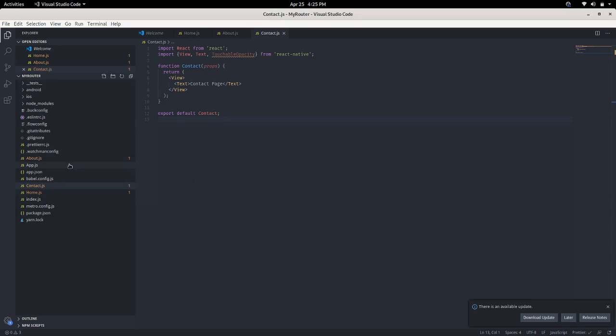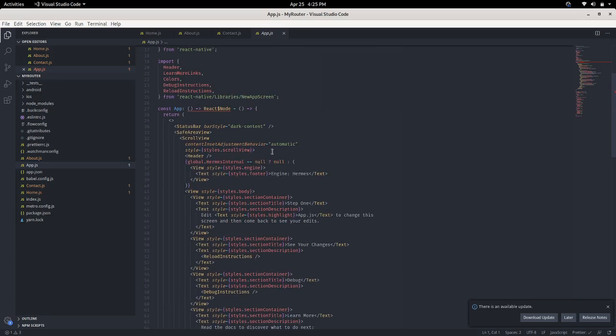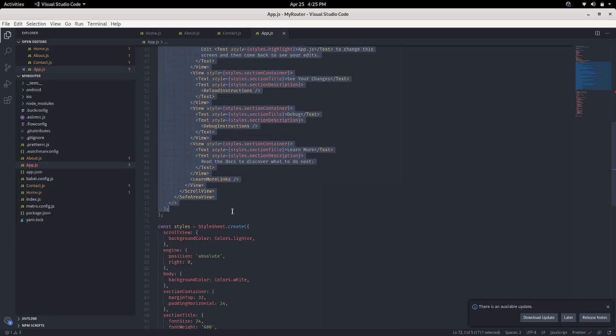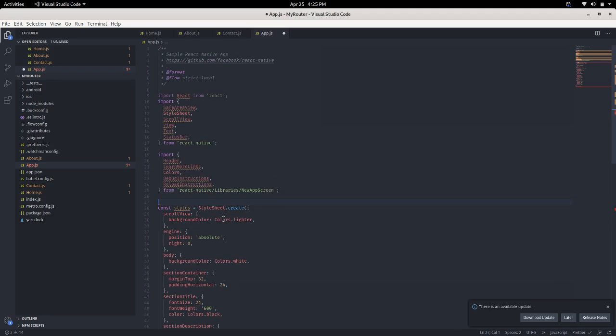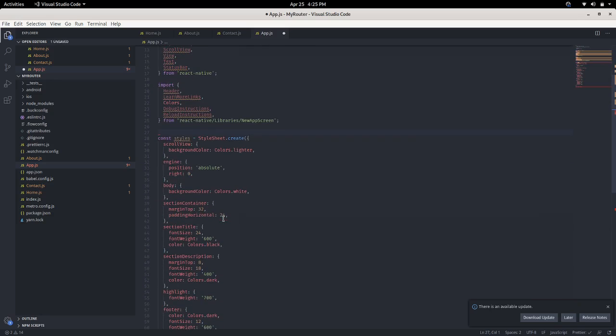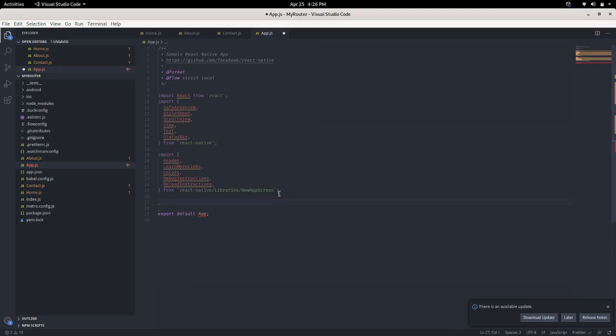Now the main page for the application is app.js, and here we have some code. We will remove this code and write our own code in app.js. For that we need to implement those libraries. Okay, now we need to integrate React Navigation.